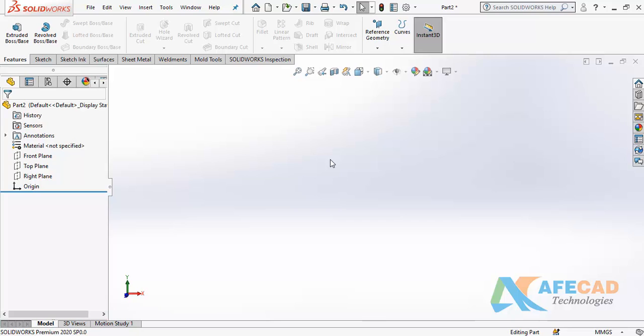Point is your zero directional reference, as I can make here. This is my point. We can use this for reference purpose. This is not having any direction. It is called zero directional. Second is a line or axis. It is called one directional reference, and the third is my plane. It is called two directional reference.